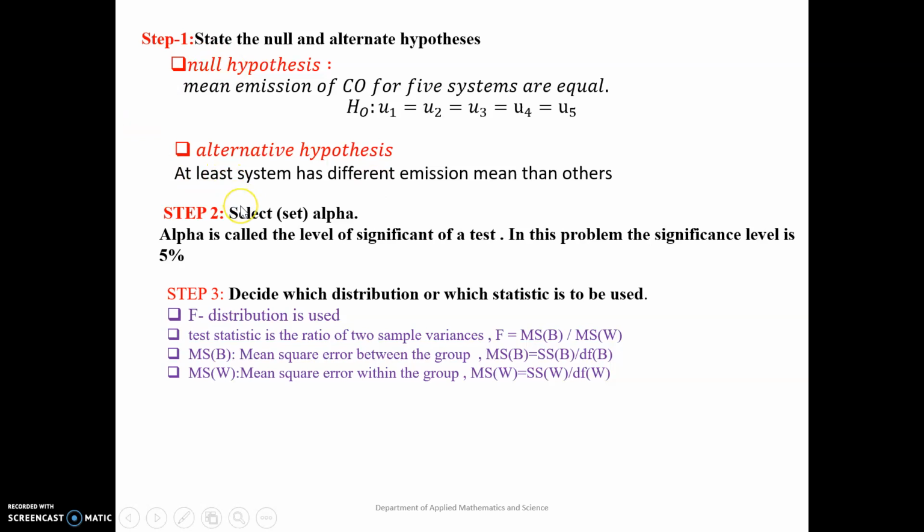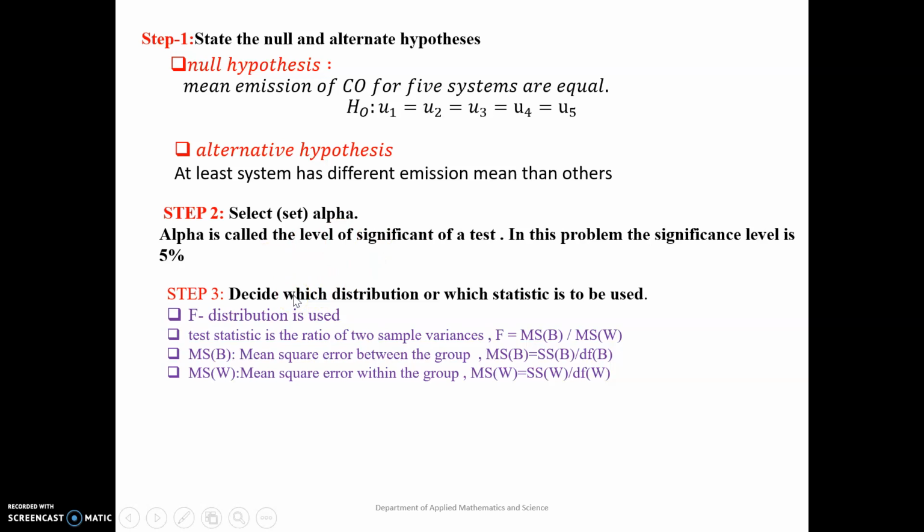Step 2, you have to select the level of significance, like what we have done previously in chapter 3. We have to do the same thing. So here it's already mentioned that the level of significance in this test is 5%. So you might make an error of 5% in rejecting the null hypothesis when it is true. Now step 3, we usually decide which distribution to use. When you have more than 2 groups and you are comparing the population mean, and you know that your population comes from a normal distribution, then you have to use